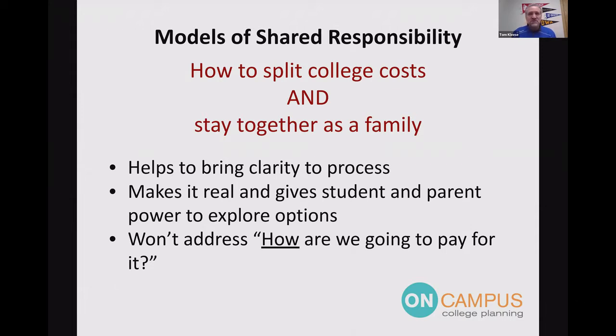We put some information out in the newsletter this week, and we'll post it on social media about some college costs, what we call a college cost snapshot, sort of a one-page PDF that gives you just some basic information about college costs and some anchor costs that you can use. And I highly encourage you to take a look at that real quickly, or print that off and have that sitting down as you work through this.